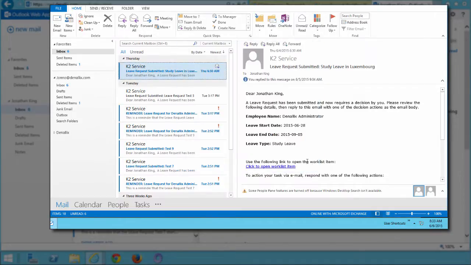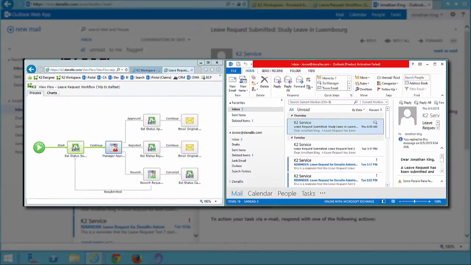Before you action the request, adjust your ViewFlow report screen and Outlook screen so that they are side by side. The ViewFlow report can update very quickly depending on environment after we action the request in Outlook. With the screens side by side, you will be able to see the ViewFlow update. I won't do that on my screen, but I will flip over to the ViewFlow report once I approve the